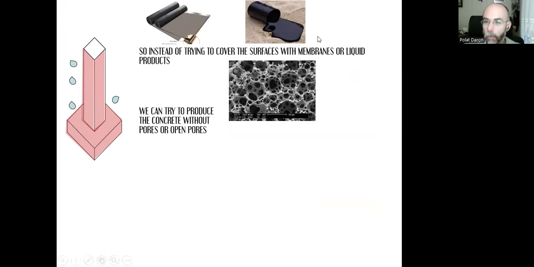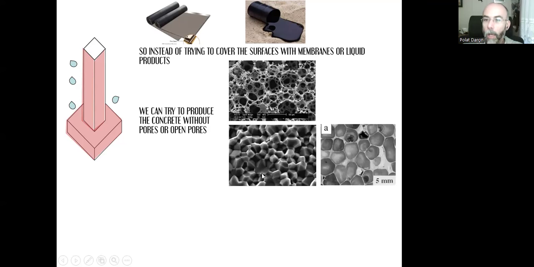If we can find a way to fill all these pores, then the concrete will be a non-porous substance without any voids. There is no risk of water penetrating towards the reinforcement bars, or we can have still pores, but this time they will be closed pores. They are not open to the outside environment. With the pores, the concrete will be lighter, but since the pores are closed, again, there is no way water